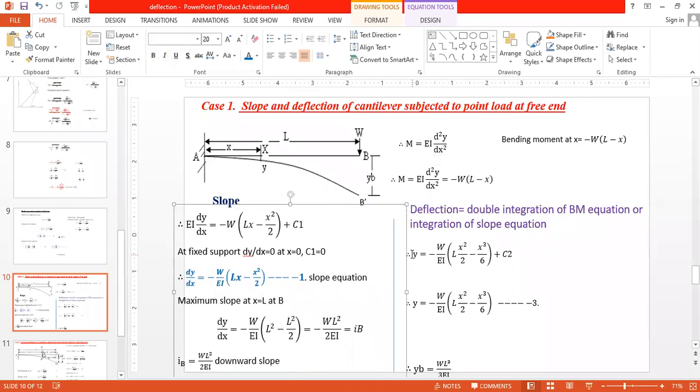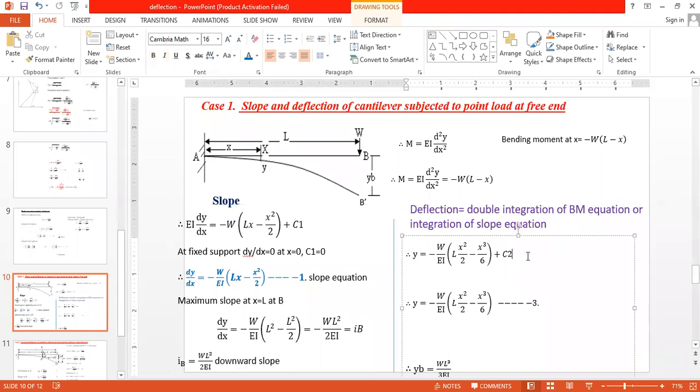Now, therefore, you have this equation for the deflection. This is your deflection equation. We have to calculate the constant of integration, and then we have to write the deflection equation. Now this is the integration of the slope equation. After that, you have to apply the boundary condition. What is the boundary condition? Here also you have